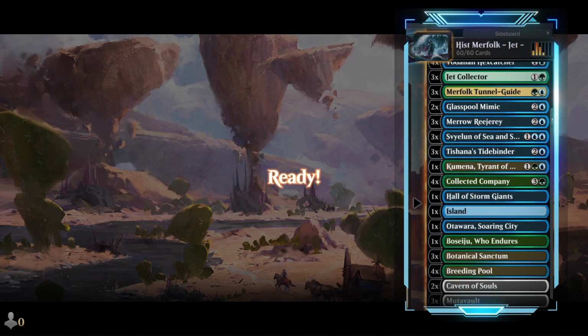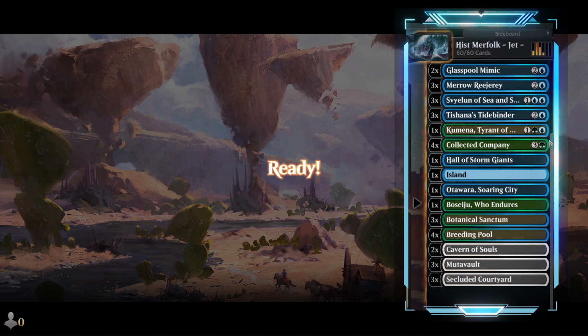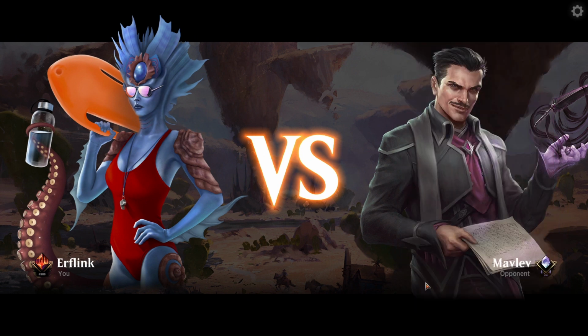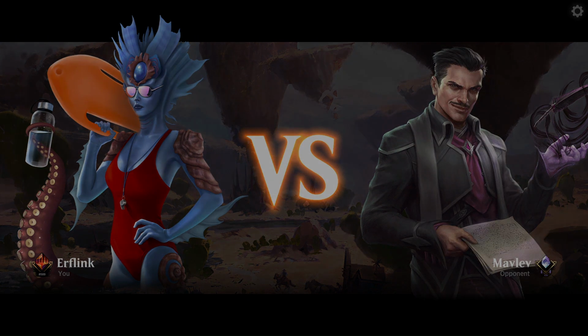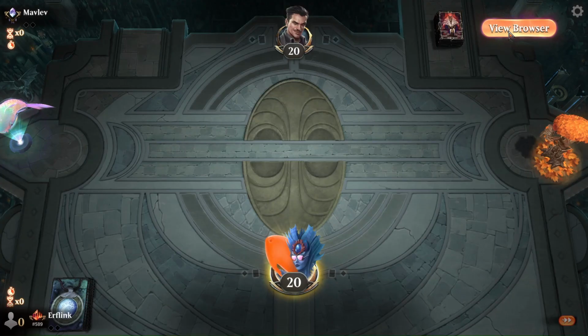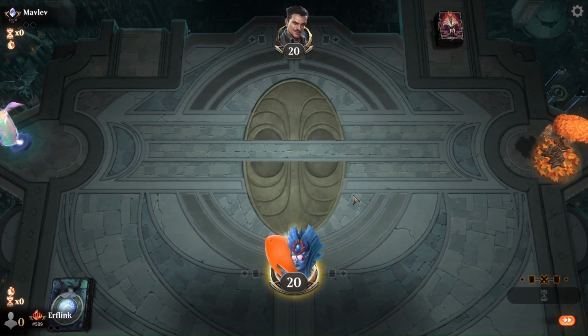Alright, we're here playing some historic best of 3 Merfolk, trying out Jet Collector in the deck in place of the Silvergill Adepts. Quick matchup against a diamond opponent, Mavlev. We are on the play, haven't come up against this opponent before, no companion for hints, so obviously we'll take